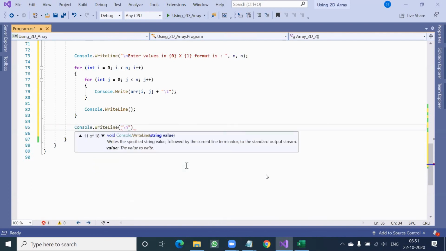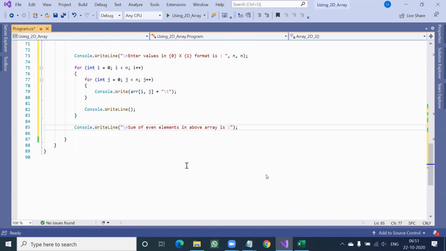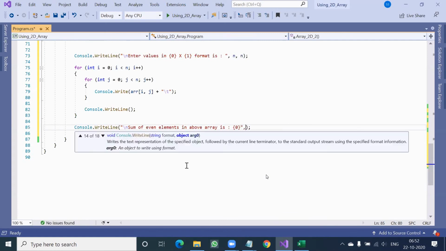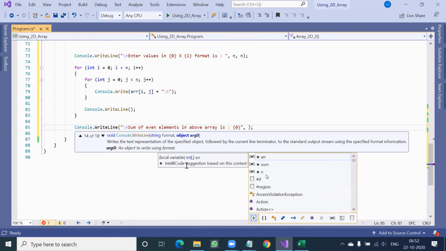If you want to display it in a new line, give a \n. Sum of even elements in above array is {0}, and in that position number 0 you want to display sum.